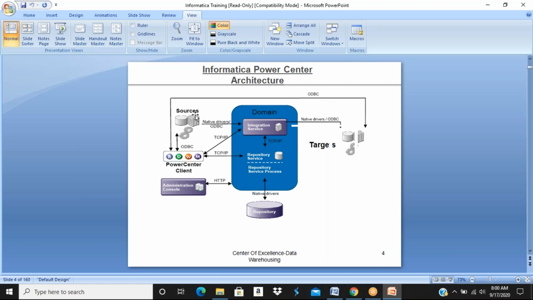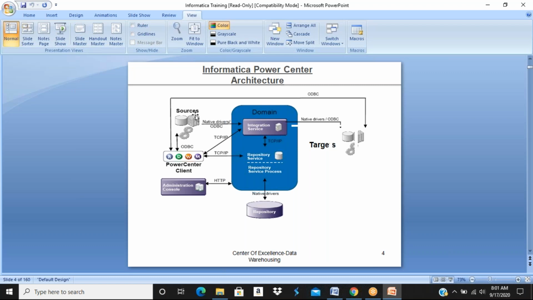These are the different PowerCenter client components. There are two kinds of servers. One is called the Repository Service. The other one is called the Integration Service. Okay. So first we'll discuss the client components. Once we are done with the client components, we are going to discuss the server components.